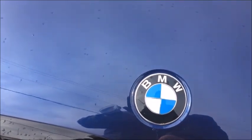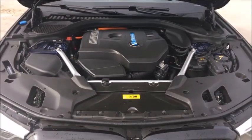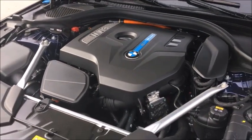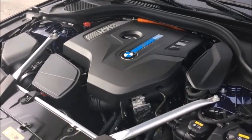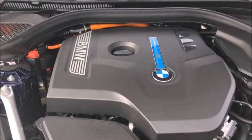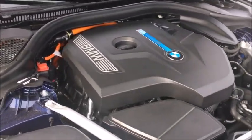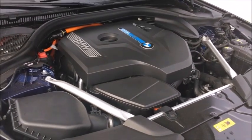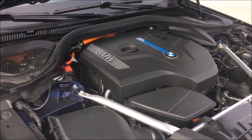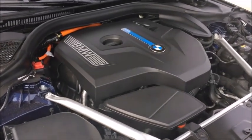Like the i8, this is a plug-in hybrid, but unlike the i8, this has a 4-cylinder turbo rather than a 3-cylinder turbo. So you might be thinking it has more power. No, not really, because the gasoline engine produces about 180 horsepower. The electric motor gives you about 111. You would be thinking, oh wow, that must give you about 290 horsepower, but no, in reality,